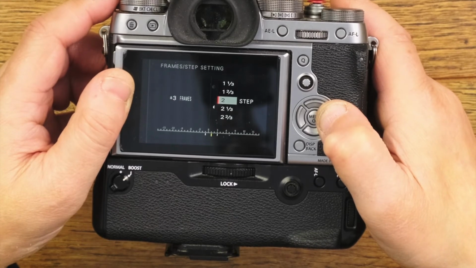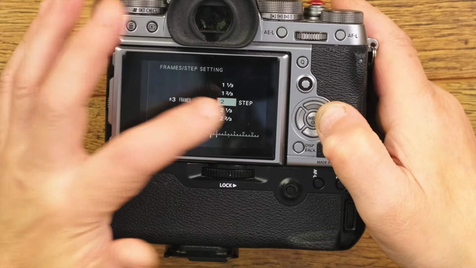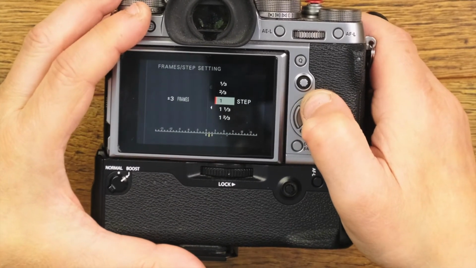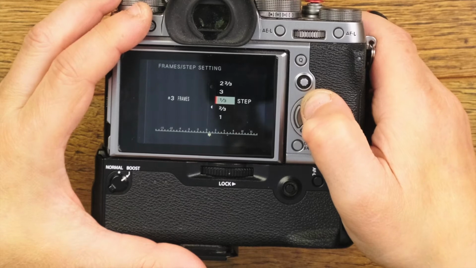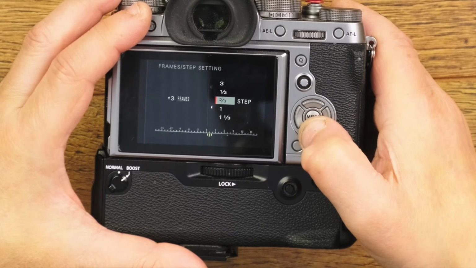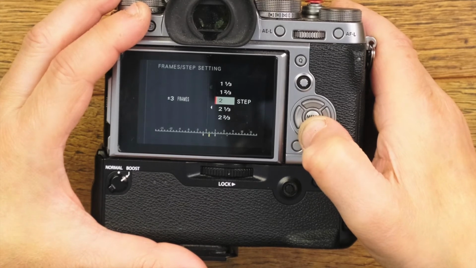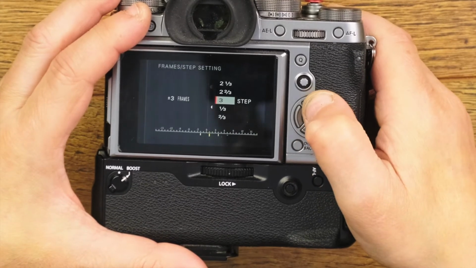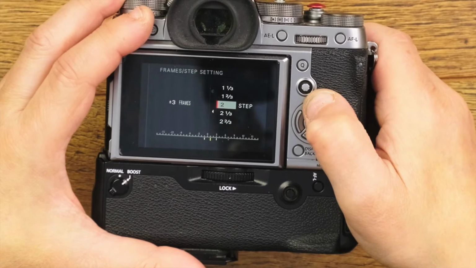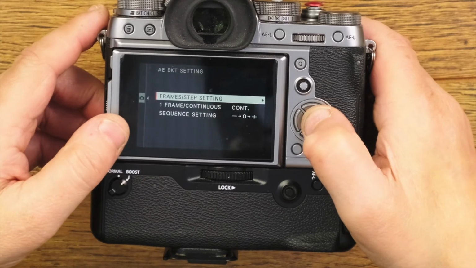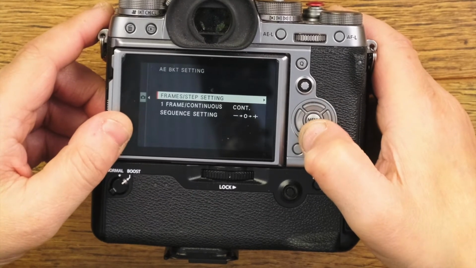I would recommend 2. 2 is the norm. 1 will probably not be sufficient. You can see here I can go down to 1/3, 2/3, 1, 1 1/3, 1 2/3, 2, and then it goes up to 3. I would recommend you stick it basically in the middle at 2. That'll give you a pretty good range there. So you want to set that to